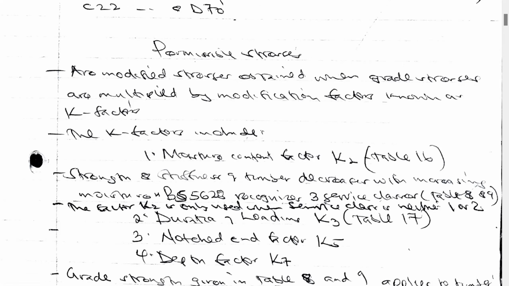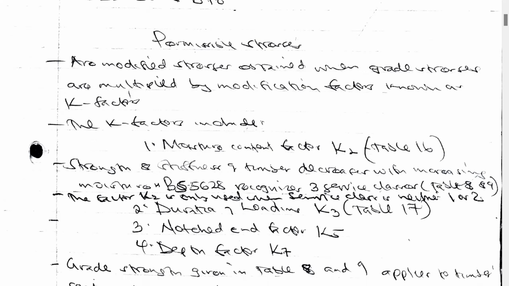So from BS5268, you find that we have 3 service classes, which can be demonstrated in table 8 and 9. So we have service class 1, service class 2, and service class 3. Now, for you to apply the factor K2, the service class of the timber should be 3, but for service class 1 and 2, we don't use K2. To find more about service class 1 and 2, you can refer to the notes on